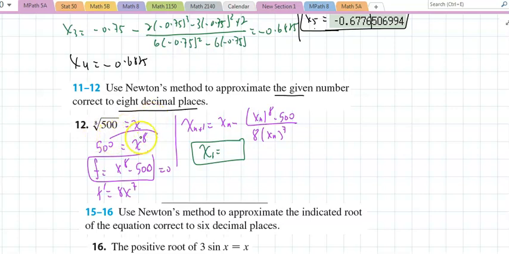And if I throw a 2 in there, that'll be negative. And if I throw a 3 in there, that'll be positive. So I know the 0 is between 2 and 3. If I know an interval where the 0 is, I always choose the midpoint. And there it is. Now, if I get my other calculator,